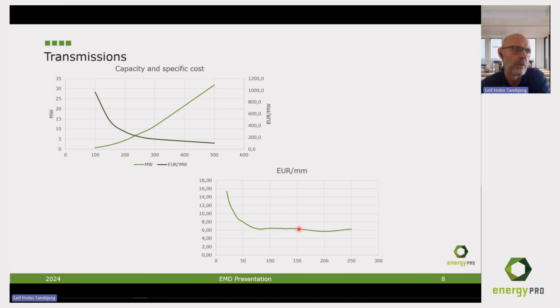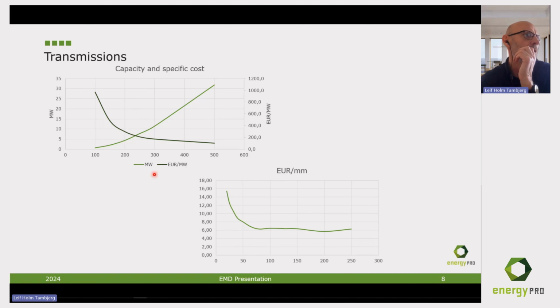So around 6.5 euros or something like that per millimeter. Below that, the price is a lot higher. But since we started out with 300, and now we ended up at like 130 millimeters, that's okay. But the problem is that